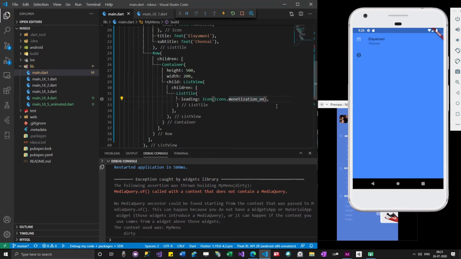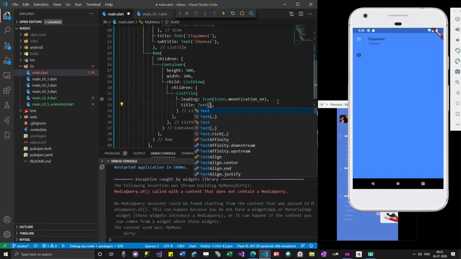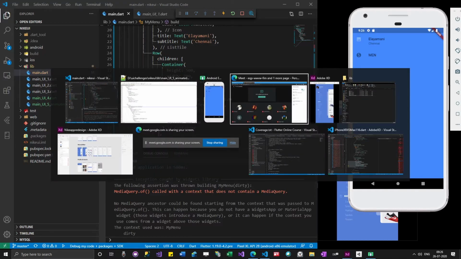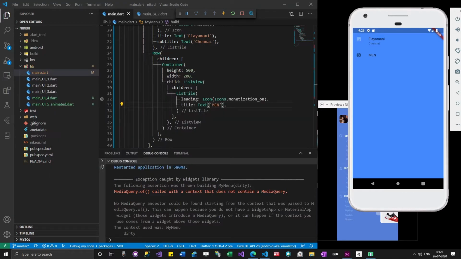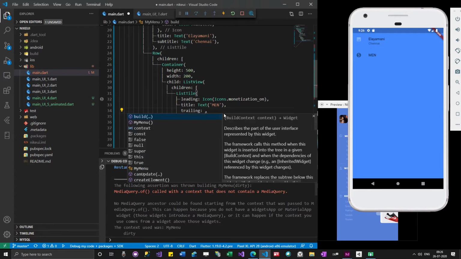Okay, and then I'm going to give some trail icon also.